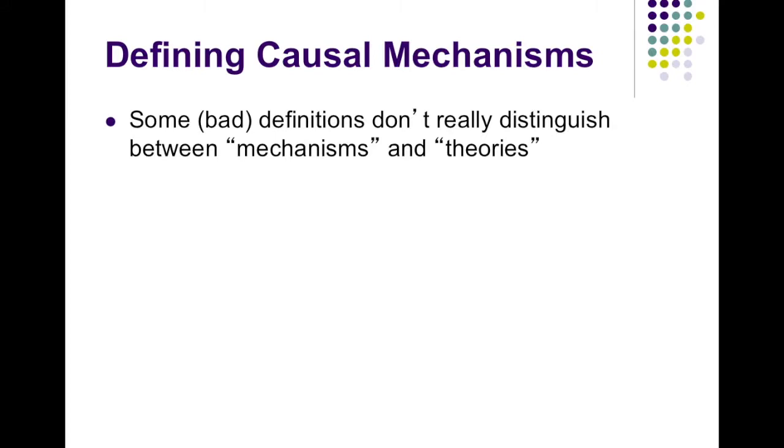So I think there's some bad definitions out there in the literature, some treatments that treat the words mechanism and theory as if they're interchangeable. To most scientific realists, they're not interchangeable. Theories are ideas we have in our heads about how the world works. Mechanisms reside in that real world, and they are actually how the world works, right? So put another way, theories are part of our epistemology, our way of knowing, and mechanisms are part of ontology, the actual real things in the world.